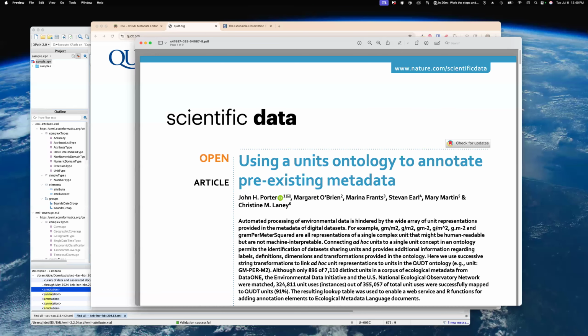This video will describe a new feature in ezEML that automatically adds annotations to the metadata to describe the units used in select numerical columns in data tables. This capability is made possible by the excellent work of the EDI Units Working Group, who've been working on this